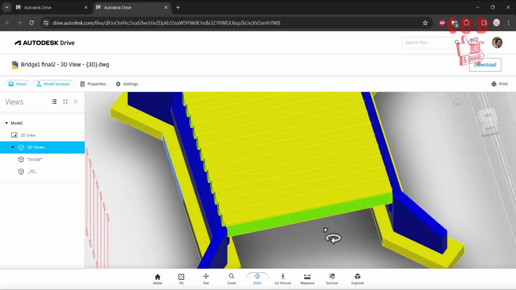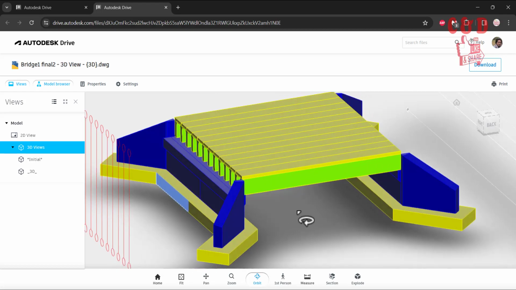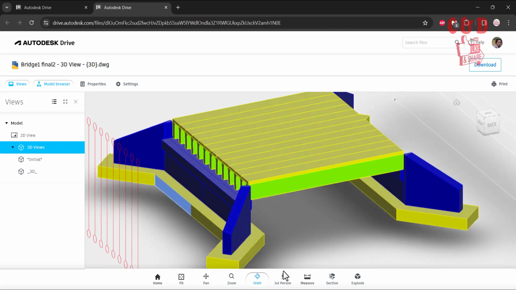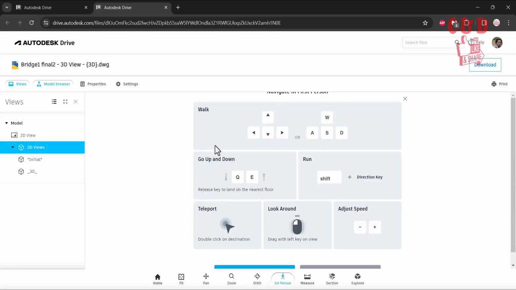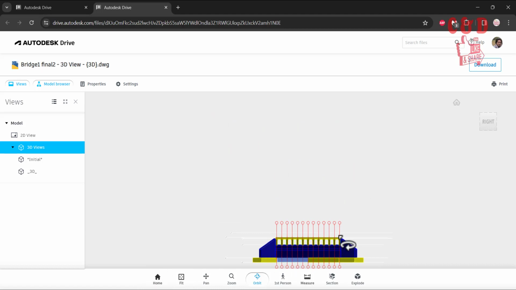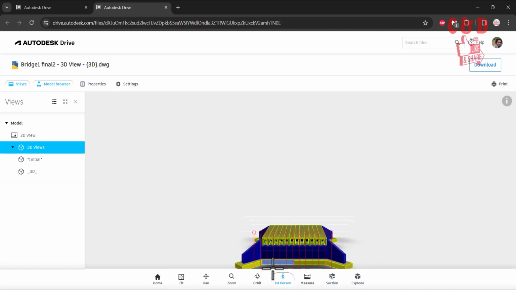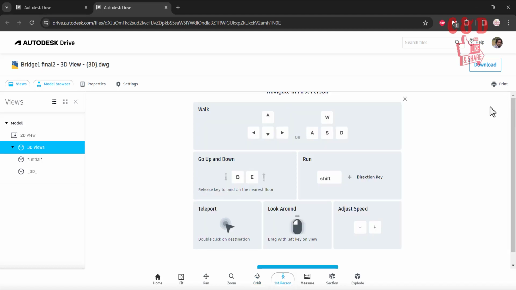And orbit, you already saw how you can just click and press your left mouse button, and you can rotate the view. Okay, then there is first person. If you click this, you have all the options for the navigation. If you go to the home, you go back to the default view as it opened earlier. And from here you also have the first person view like this. Okay, and if you click on this particular button and click here on the eye option,